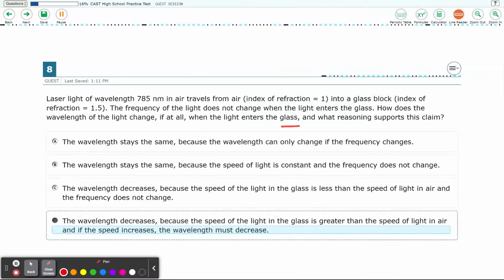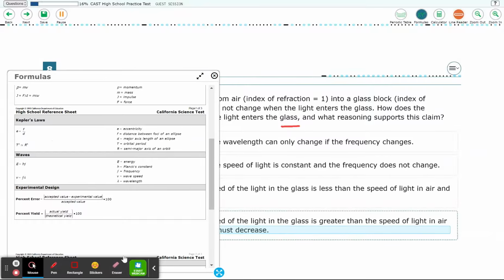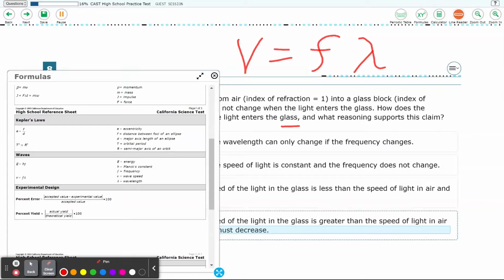The second part of this is we look at our formula sheet. Up here's where our little formula button is, and that opens up this sheet. We can see that v, the speed of a wave, is equal to the frequency of the wave times the wavelength. So in our particular example,